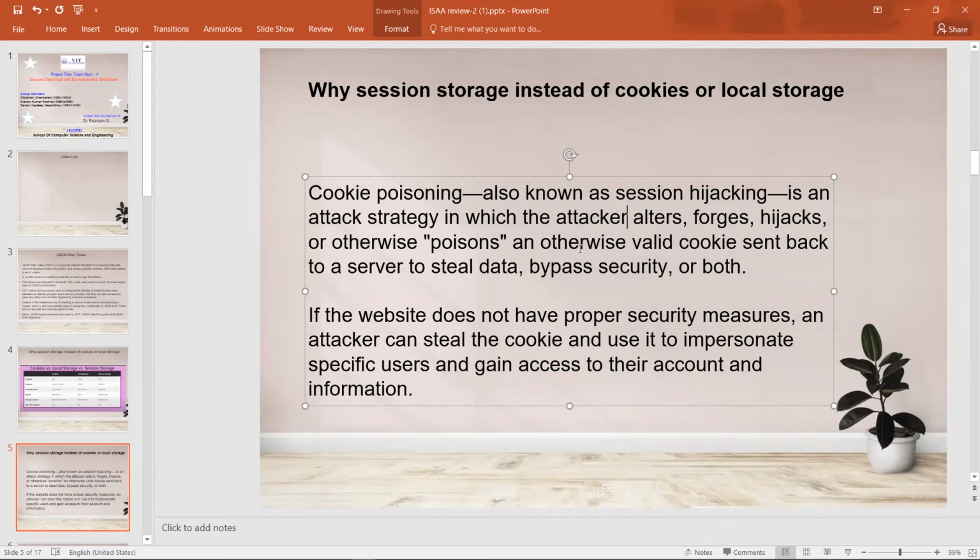Second, the token is stored in a variable which is only accessed inside our web app and cannot be accessed from outside. And if a website doesn't have proper security measures, an attacker can steal cookies here. Even if they got the cookie, it will be in encrypted form, and it will be of no use to them.